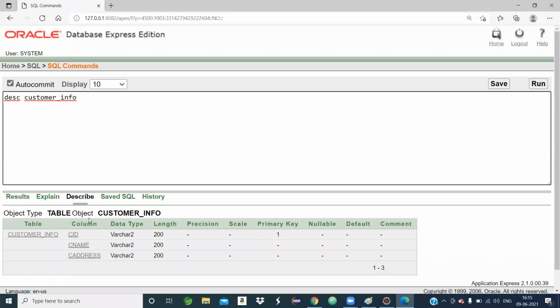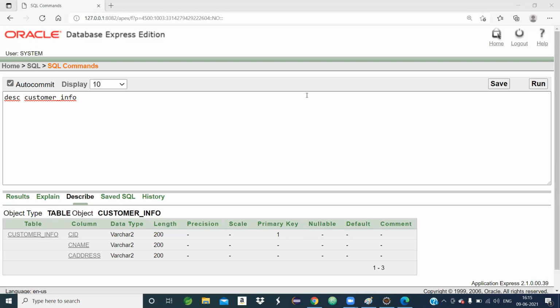This is the structure of the table: the columns customer ID, customer name, address, all data types varchar2, all sizes 200, and one is the primary key. So this is point number one. As per our analysis of our problem task, first we created a customer table. The name of the customer table is customer_info.